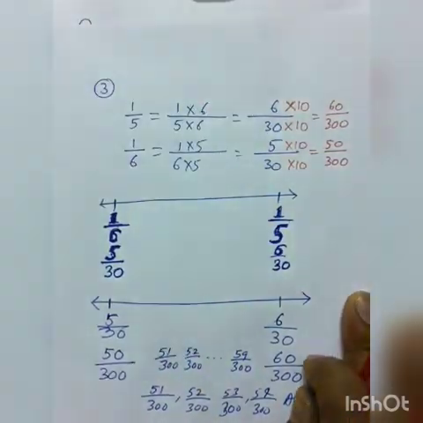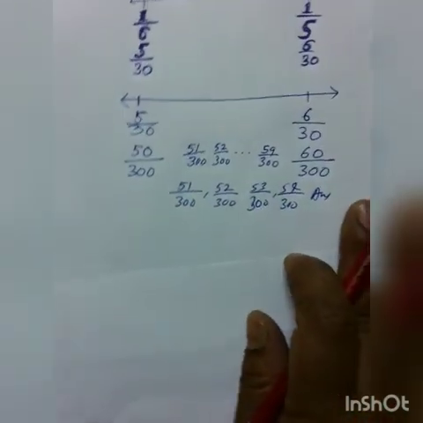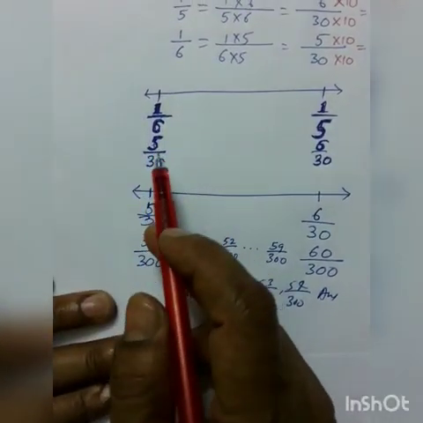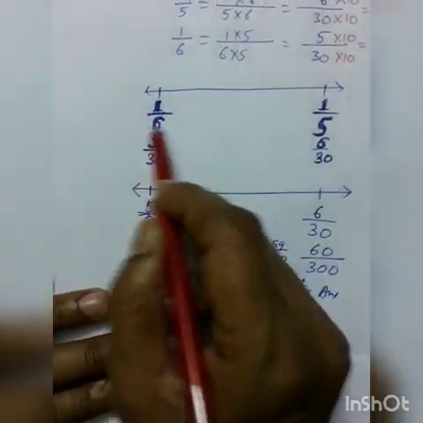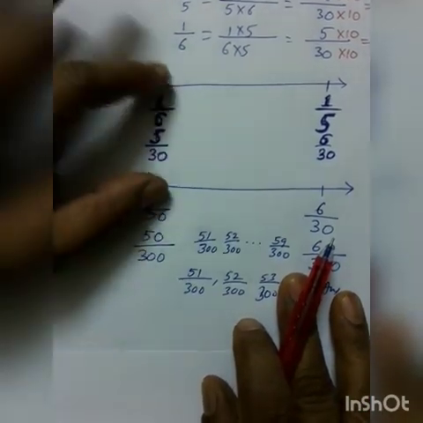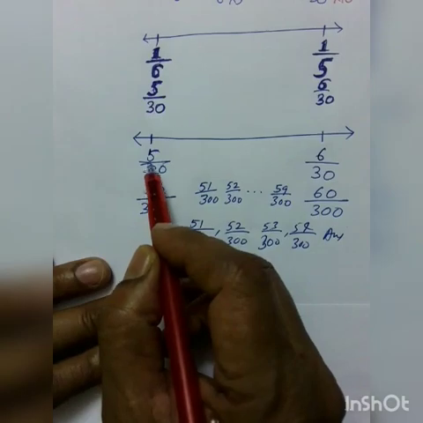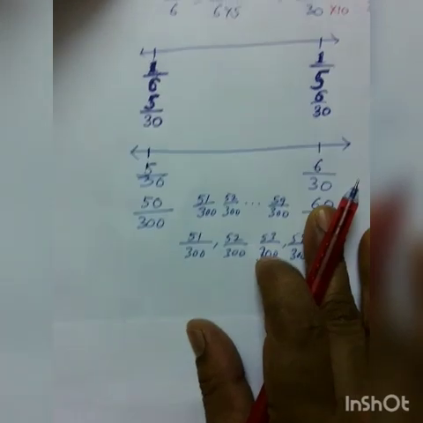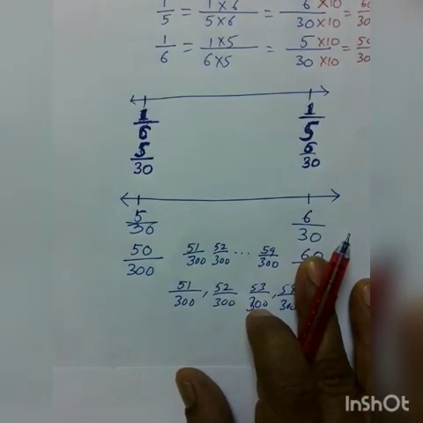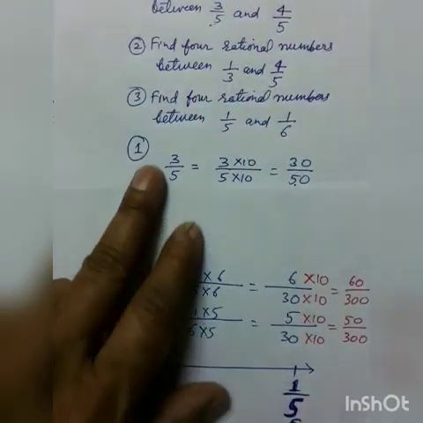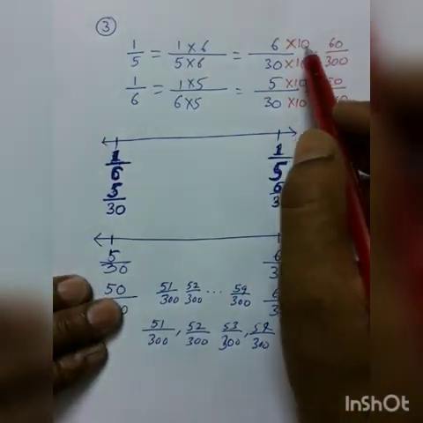Now, see, dear children, you can skip this in the exam. I am just explaining the process. So we have shown it here, but in the exam, don't show this one, directly show this one. This is only to understand. This is a different question from the other two. So see here, 5 by 30, 6 by 30. We have seen here, but this is not going to give you other rational numbers between them. And the question was, 4 rational numbers you have to find. So for that, what we have done, we have multiplied the numerator and denominator by 10.